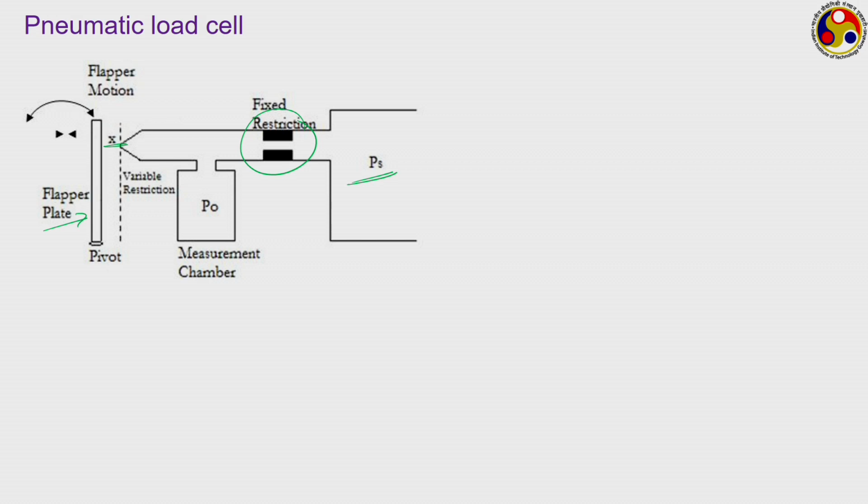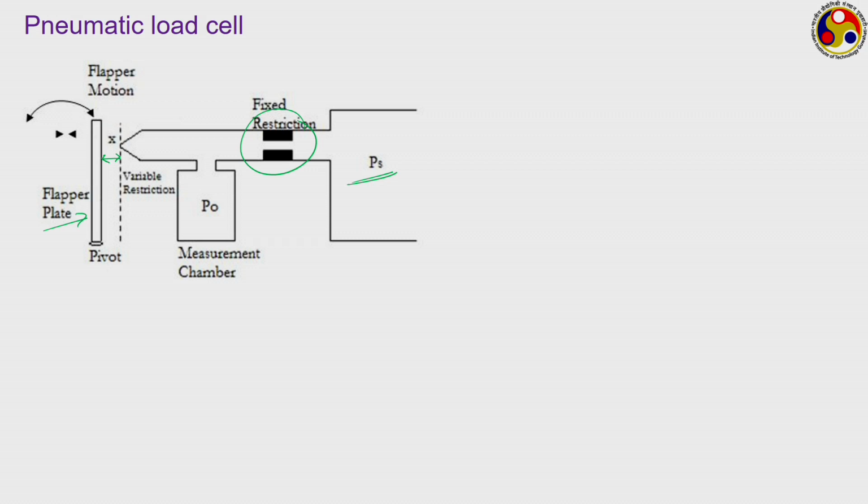So, whenever there is some force applied on the flapper plate, the flapper moves, thereby changing this opening. This x refers to the distance of the flapper to this nozzle opening, and so on application of the force, the value of x changes, thereby modifying the delivery pressure, and